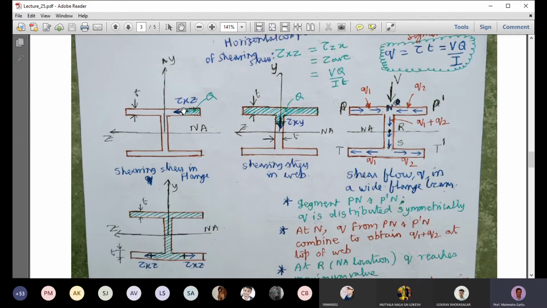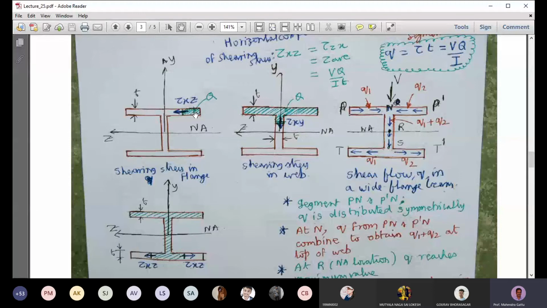So here we have our vertical cut at an intermediate portion, and the delta H is acting towards you on the vertical cut surface. The delta H is acting towards you, so there's a corresponding tau Zx acting towards you. So to balance it, there is this tau Xg which is acting in the leftward direction. Okay, so to calculate the tau Xg, we have to calculate the first moment of area of this shaded green portion. So that Q value we will find, and then we will substitute in here VQ by IT. T is the thickness of the flange.